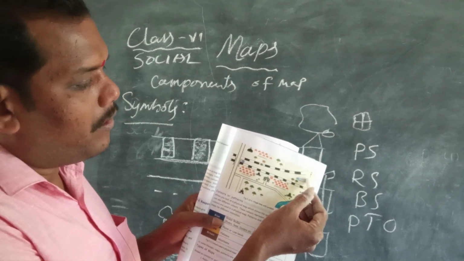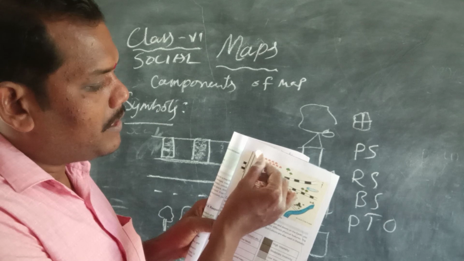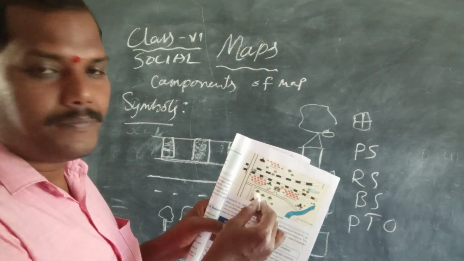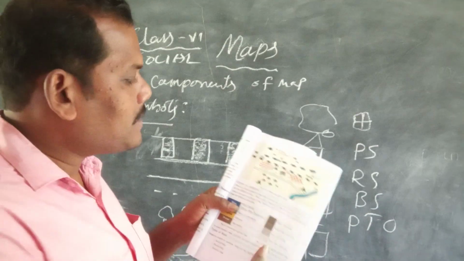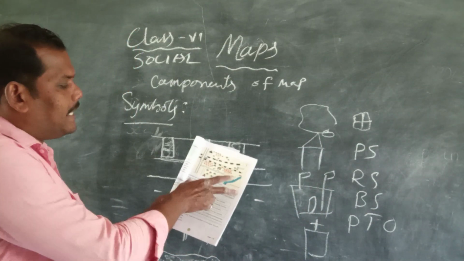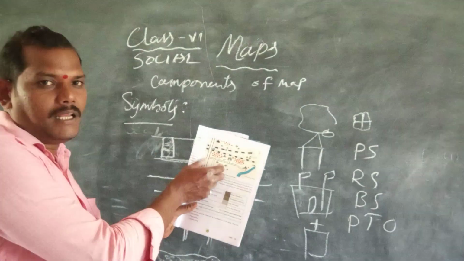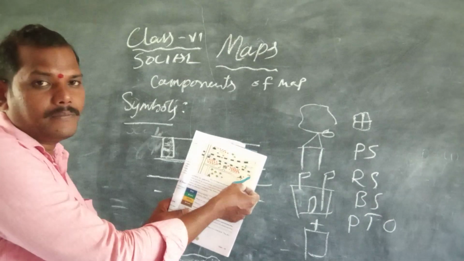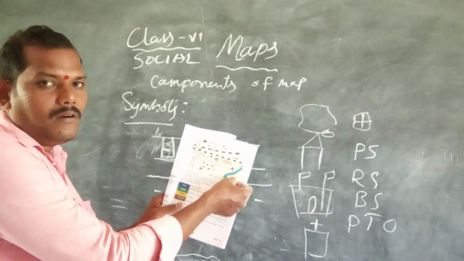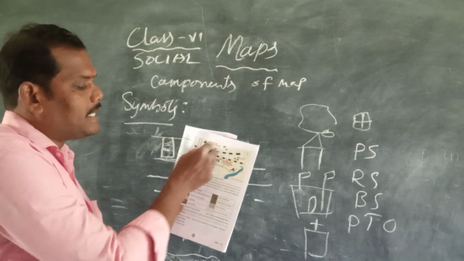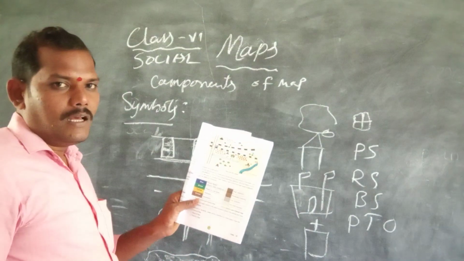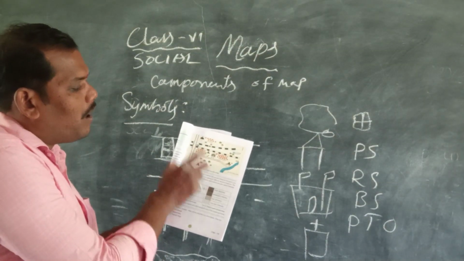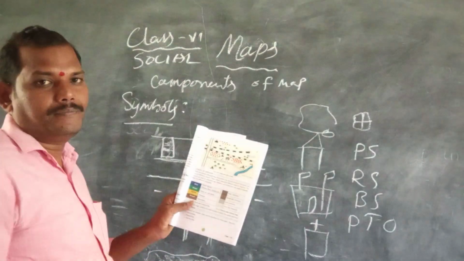And this is a little pond here. Right? And this is the masjid here. Okay? And different ones like this. Here the church is there. That means these are the symbols. Easily we can understand in this village where the houses are, where the temples are, where the trees are, where the river is. How can we identify? With the help of these symbols. That means with the help of this picture, we can easily understand the different features of the village.